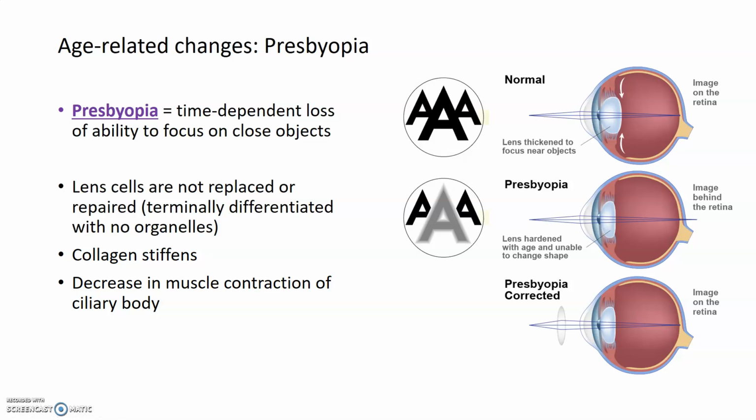The ciliary body muscles can contract, but the lens doesn't change shape. And so it ends up focusing the image in the wrong place: rather than onto the retina, somewhere that would ideally be behind the retina. And that results in something that looks like this to an individual who has presbyopia. They can focus on those faraway objects, but not this close-up one, because the lens is too hard to change shape. And you can correct